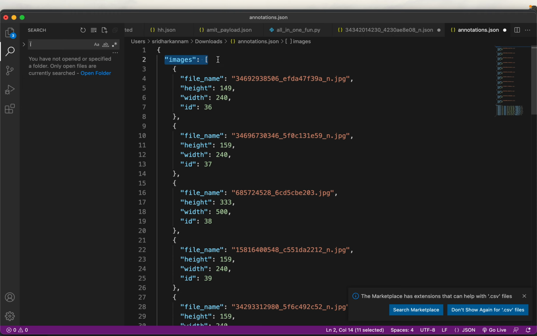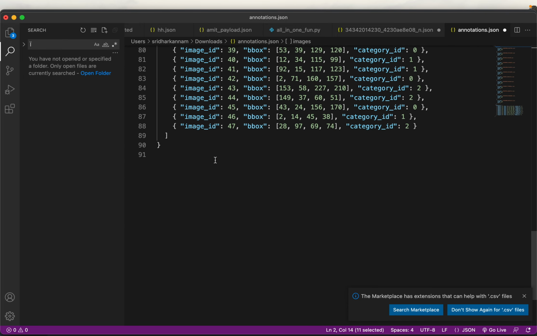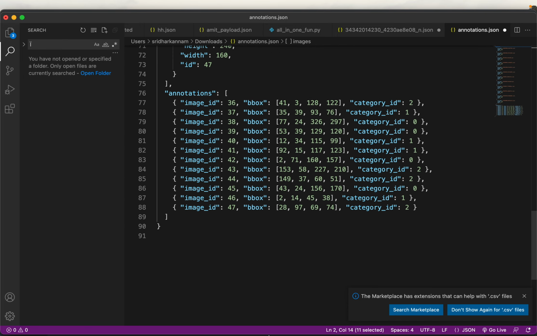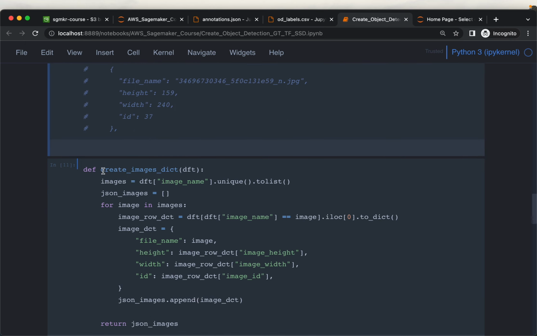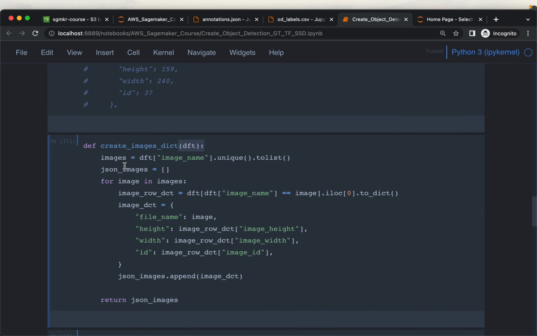Okay. All right. We get to the final part and the most important one. So we are going to create these two sections. One is this images section and the second one is the annotation section. So let's start with this images section, right? It is in this format. It's a list and each element is a dictionary, and each dictionary contains the 4 values: the file name, the image height and width, and the ID. Okay. So here we are defining a function. It takes a data frame as input. Now using this data frame,